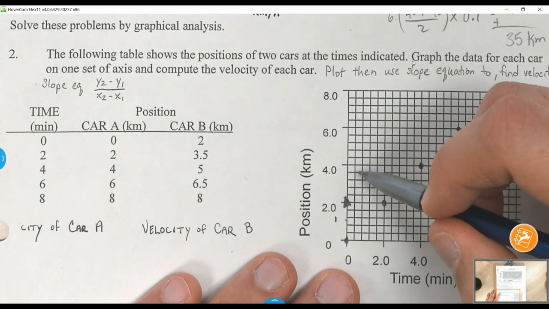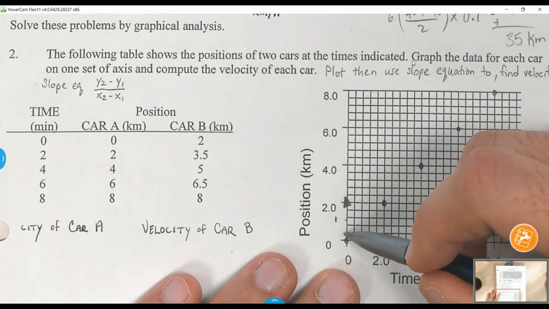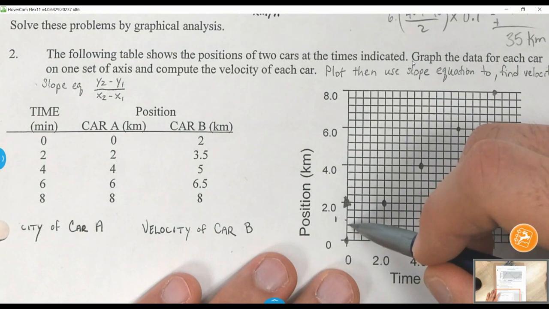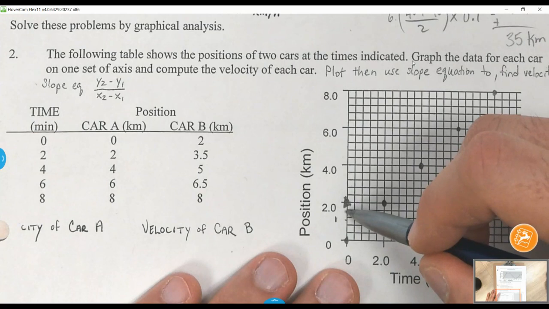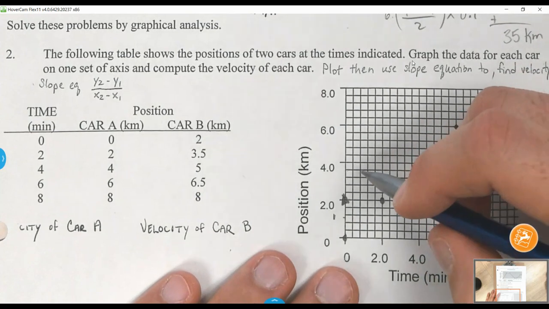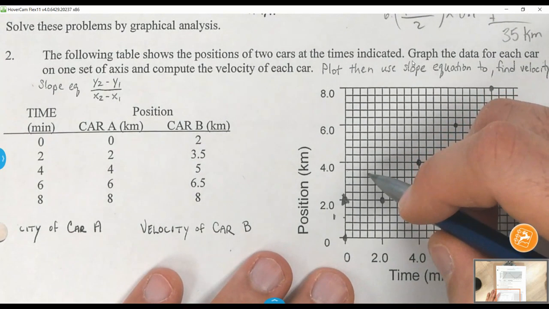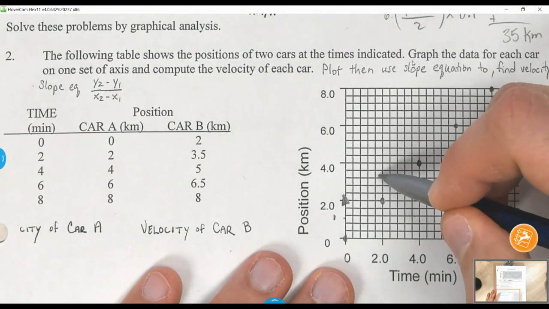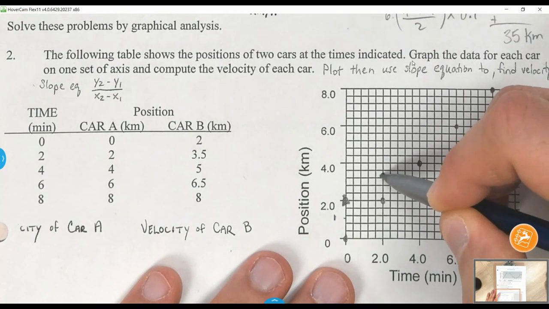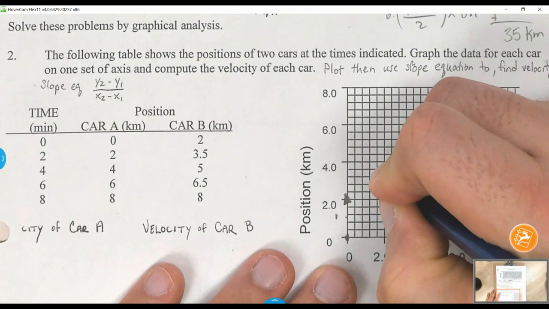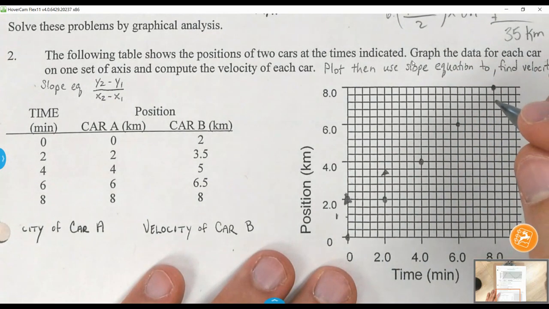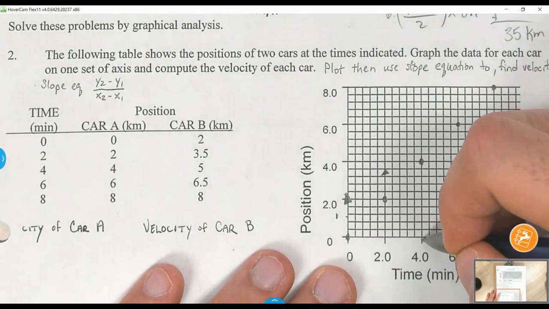So it looks like 0.4, 0.8, 1.2, 1.6. So everything's going up by 0.4s. All right, so that would put 3.5 right around here. Oh, sorry, I said triangles. At 4, we're at 5,